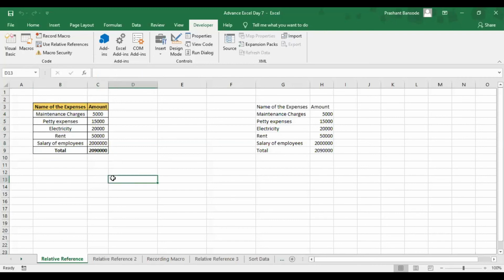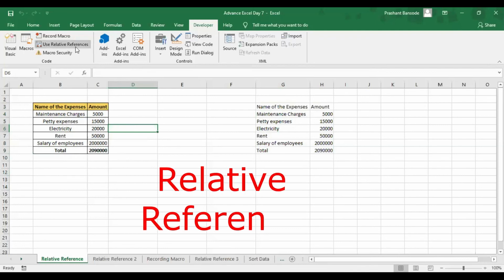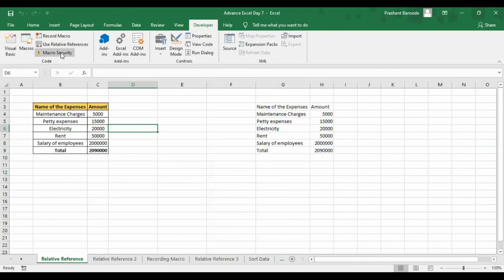It has to be instructed that as you have done the operation over here, or as you have done the formatting and recorded all the stuff over here, I want the same thing to be done in this cell itself or in this particular range itself. For that, you have to run the macro by using relative reference. There is one option before recording the macros: you first click on this button and then press recording.